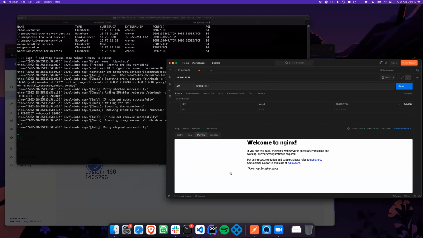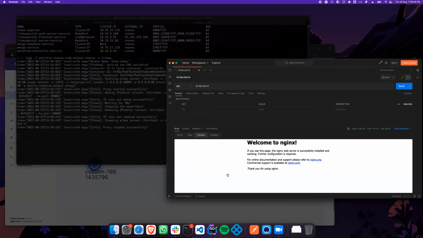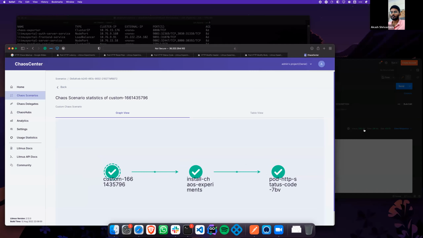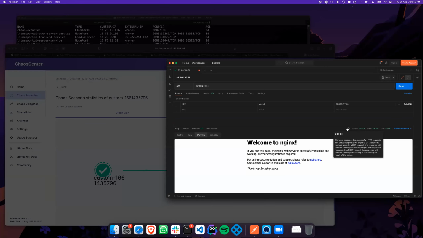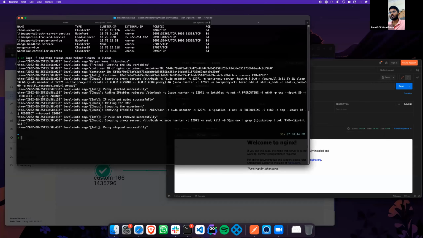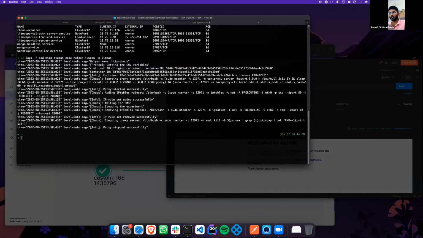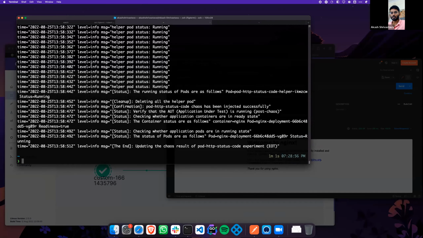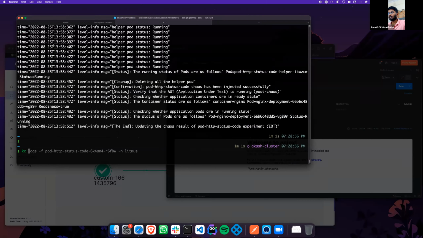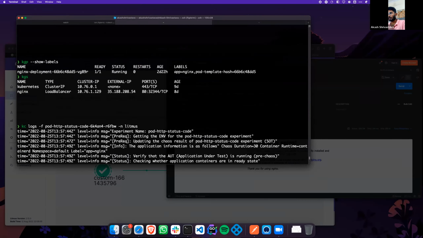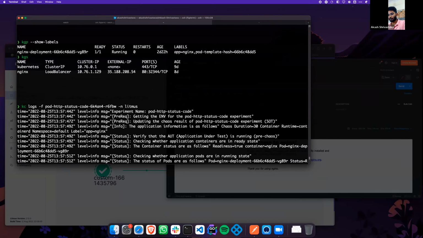So the fault that you are injecting here is you're changing the status code, right? Yeah, correct. The status code of the response. Status code of what? Of that healthy pod, it's gone down, or what exactly? No, the Nginx pod was running as it is. The Nginx pod didn't go down. The service was running as well. This Nginx deployment was running. It didn't restart.